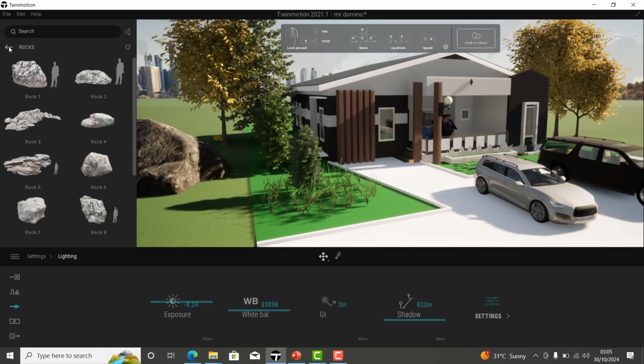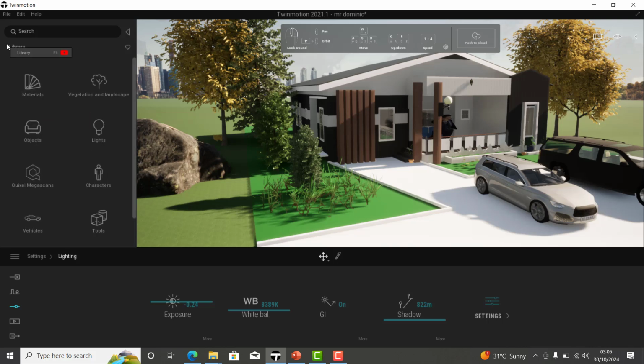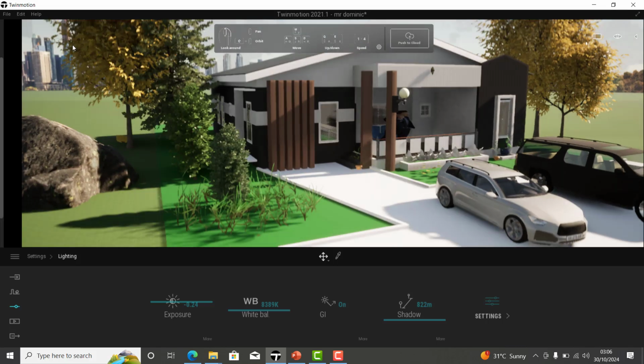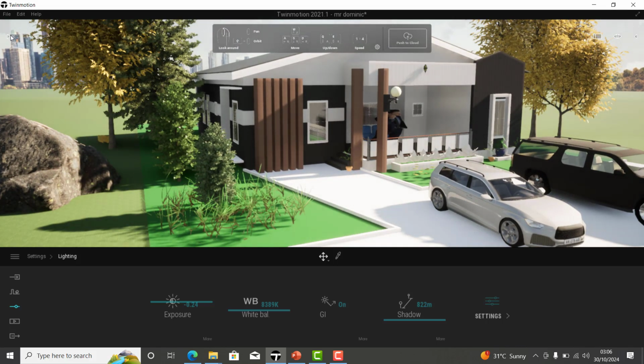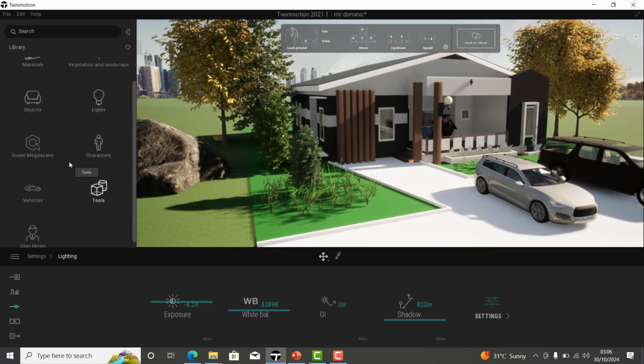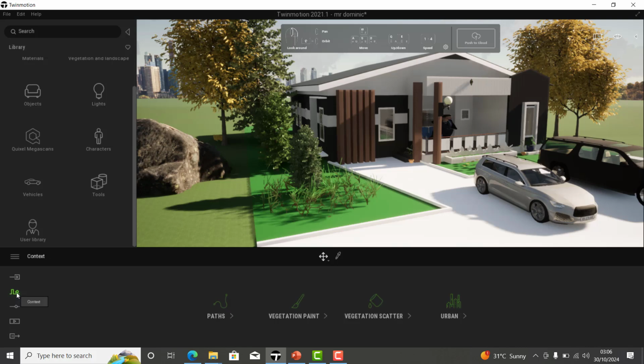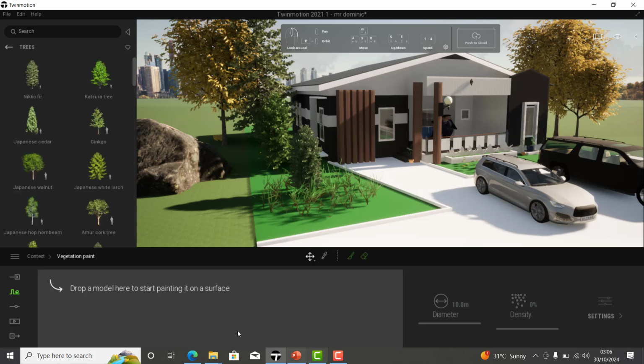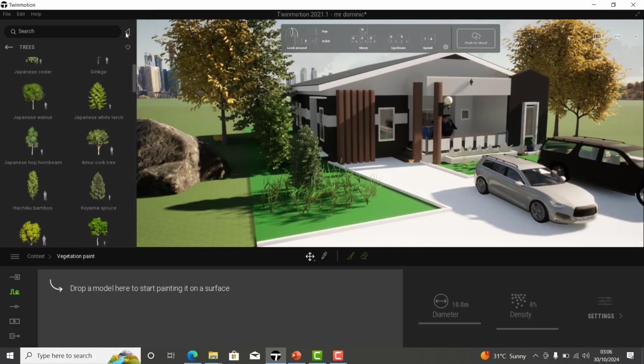Mind you, you already know where to find all of this in your library. Once you come on this arrow that points this direction, you can find everything I used here as well. So they are all here. But you know, when you come here, you can easily pick your vegetation paints, vegetation scatter, and all of that. It's just a term that was used to achieve whatever. Okay, so